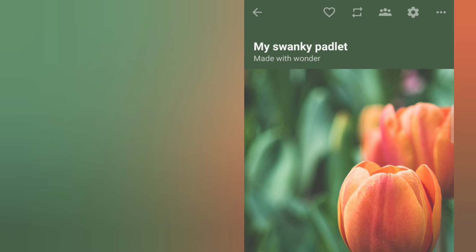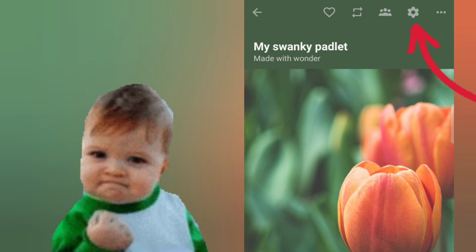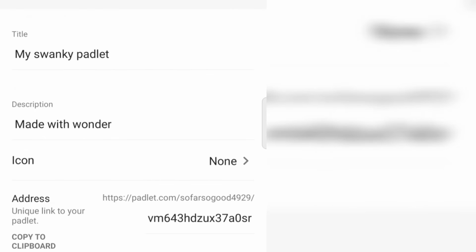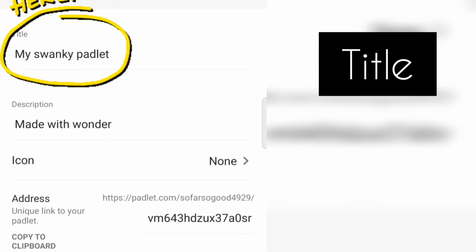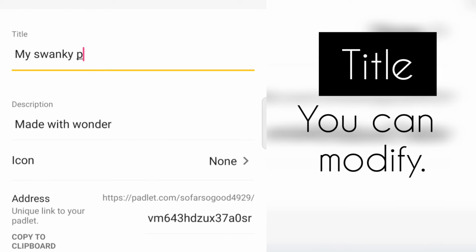So here I reach this place where I can make some changes with the help of settings. I'll click on the settings option. You can see it is visible at number 4. I'll click over there. It will take me to this place. You can see first is the title. As per your requirement and classes, you can make some changes here.